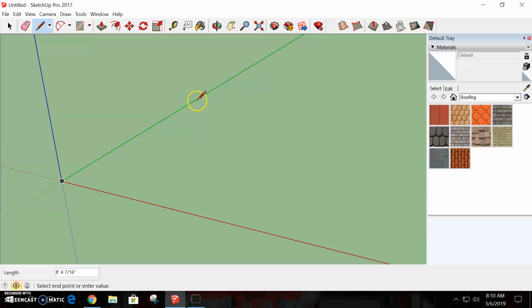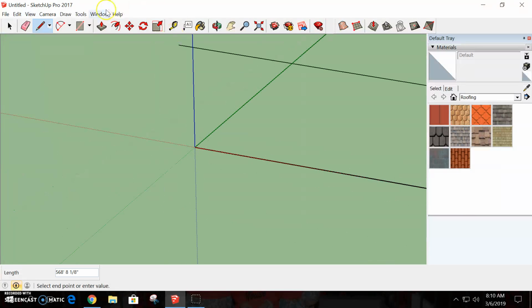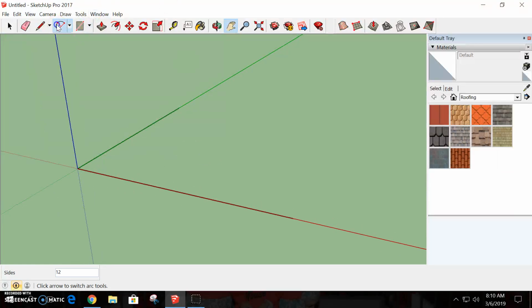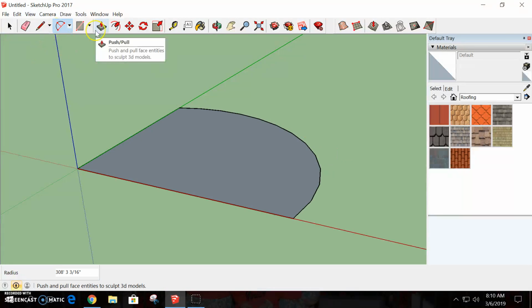I'm going to draw a line about 400 feet here, and then do the same in the other direction, to get my field going. 400 feet, enter. Okay, then I need to pan and zoom out. I'm going to take my 2-point arc and create my outfield fence here, to make it look something like that. So I want to take my 2-point arc, come right about in here somewhere, wherever you want to,